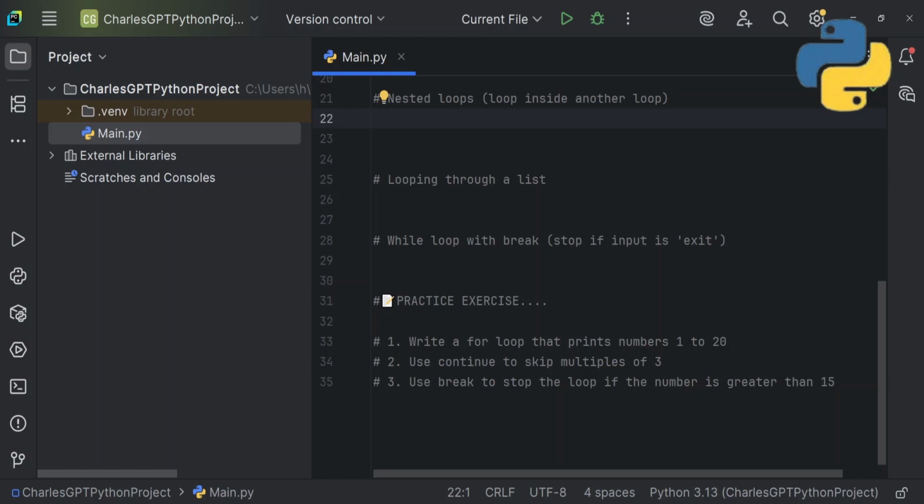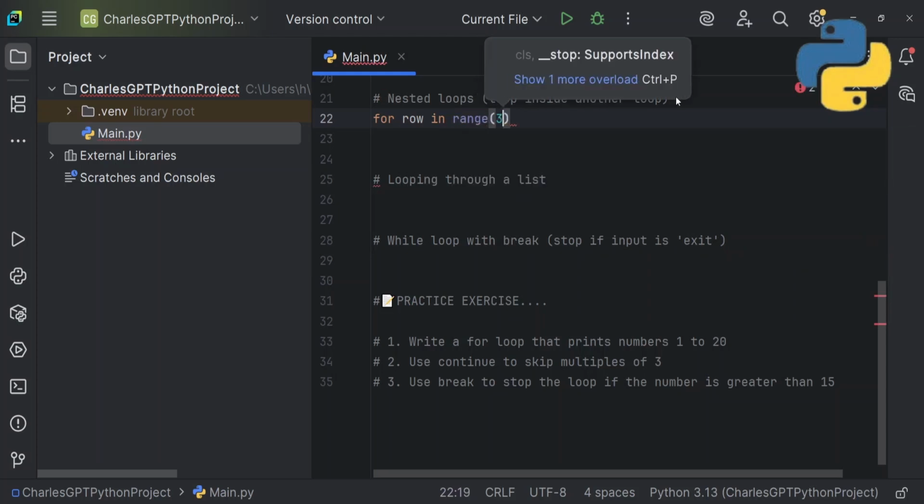So this one, I'll just make it quick because I have a full tutorial on nested loops and more understanding on nested loops. So I'll say for row in range. Let's say we want to iterate from 0, 1, 2, which is 3 elements. So in range 3, Python assumes we want to start with 0